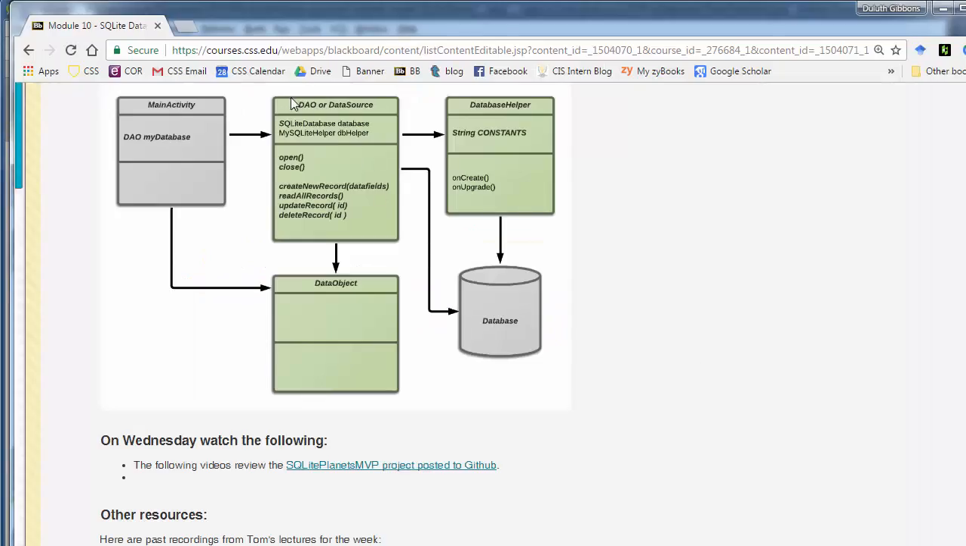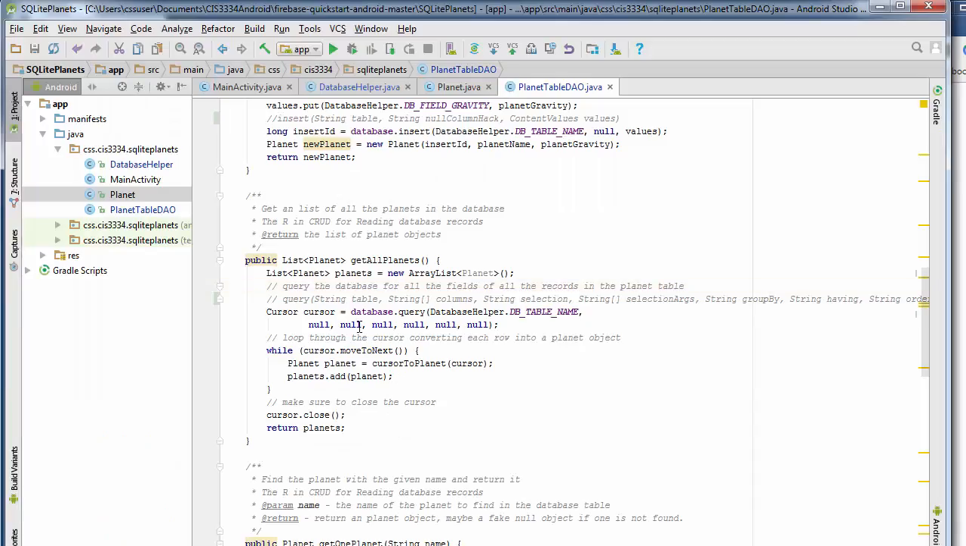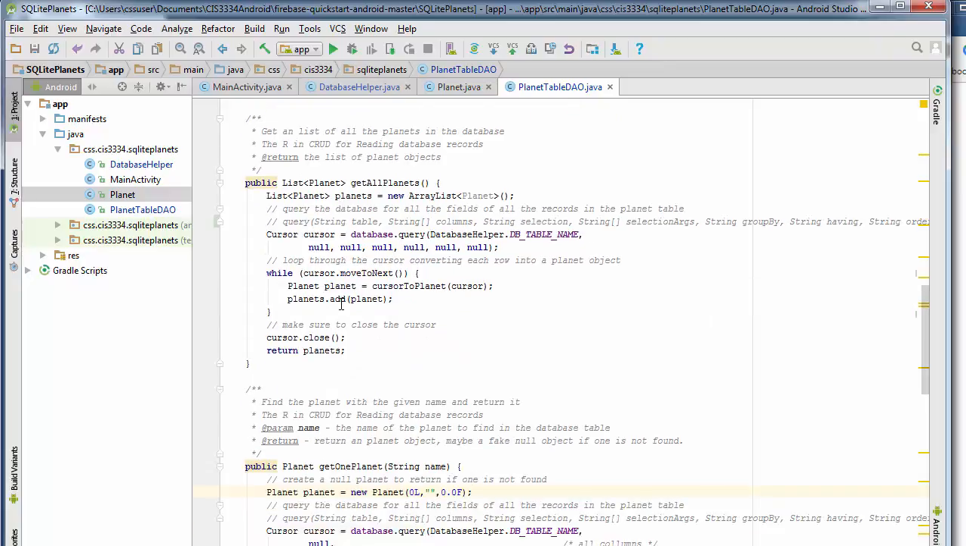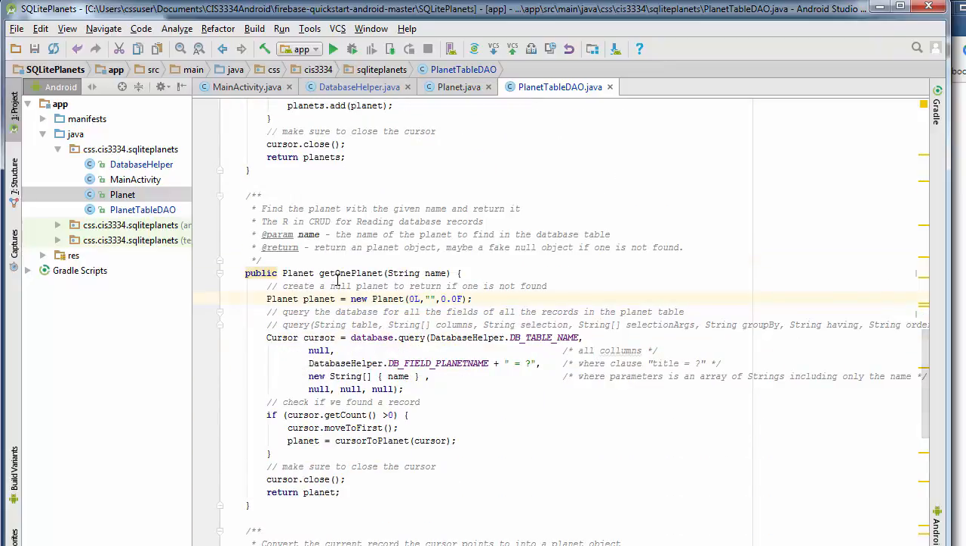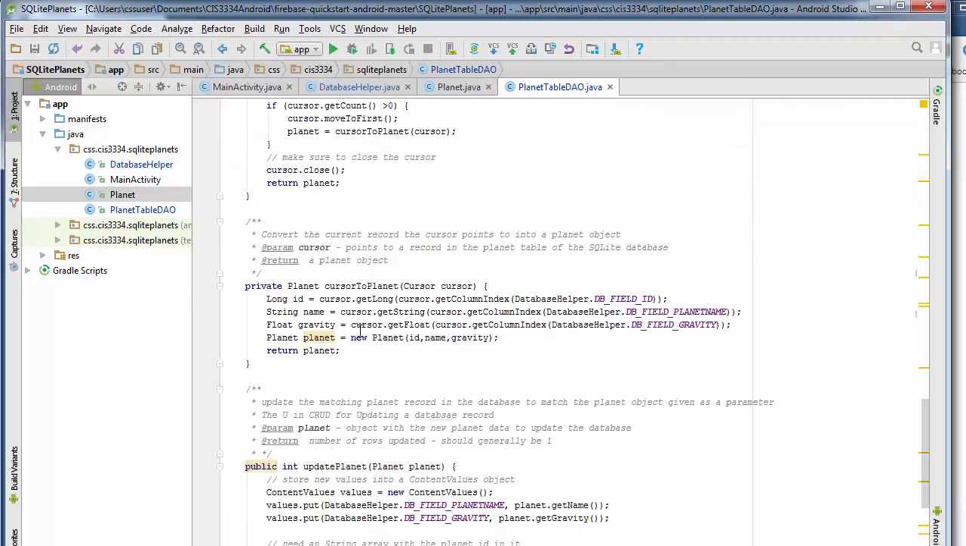Okay, we're going through our data access object here, and we've talked about creating new records and reading records, reading all the records or just reading one record. Now we're going to do the update and delete methods and look at those, the last part of our CRUD foursome. So we've talked about reading the planets. Now let's talk about